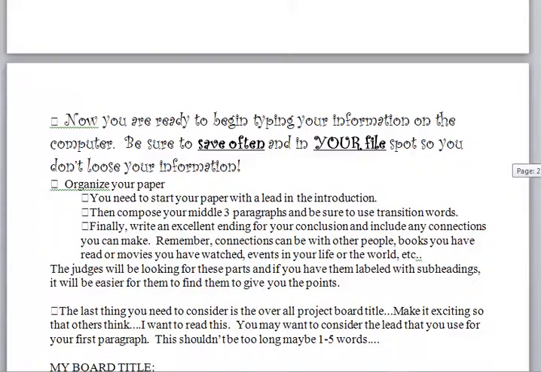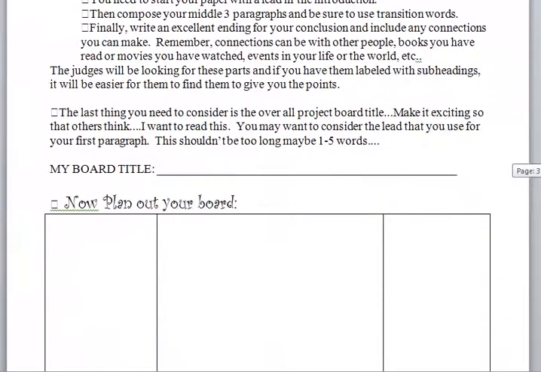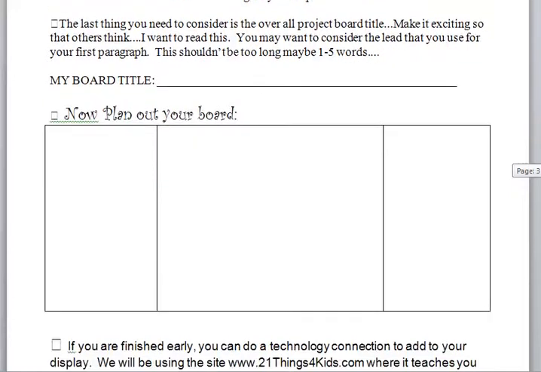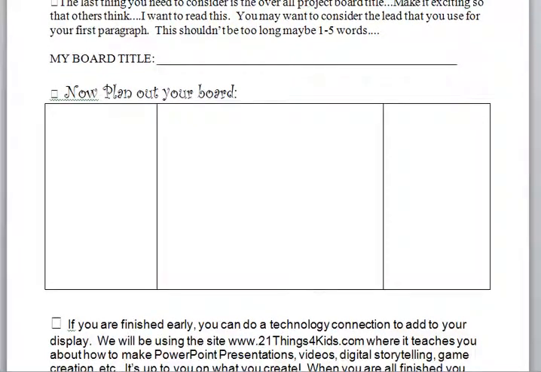Finally, after you have written everything and organized everything, it will be time for you to create a storyboard. This is a board that you'll be using, except it's about 3 foot by 4 foot wide. And you need to organize and make your project board look nice and neat. When you're finished creating your project board, adding color and exciting pieces to make words stand out, and adding your pictures,